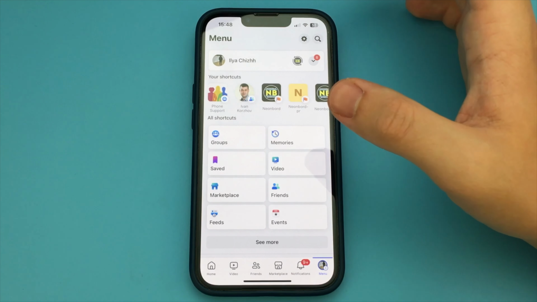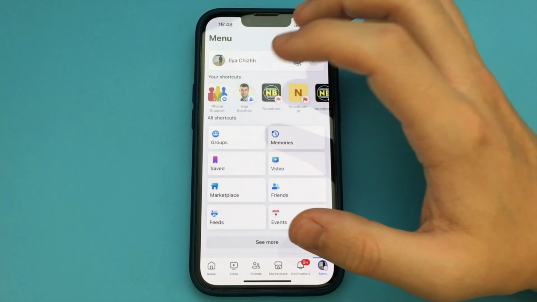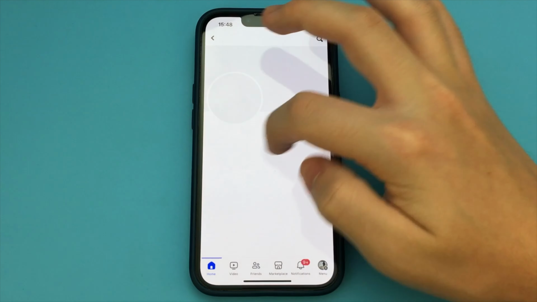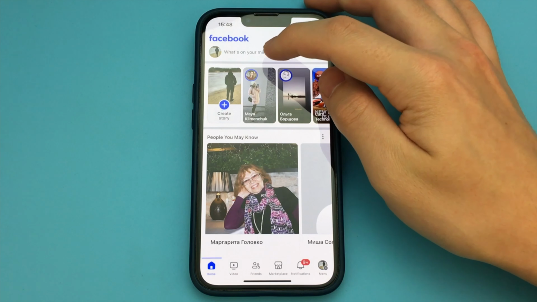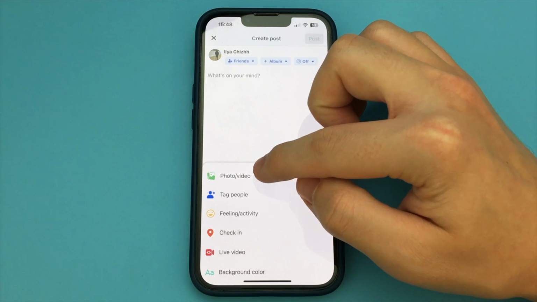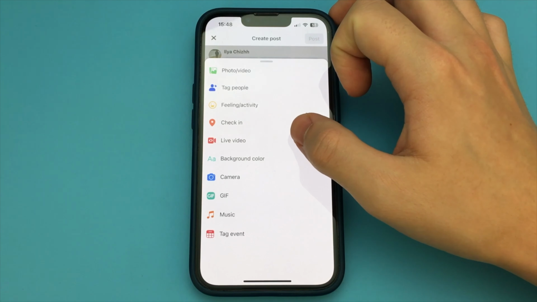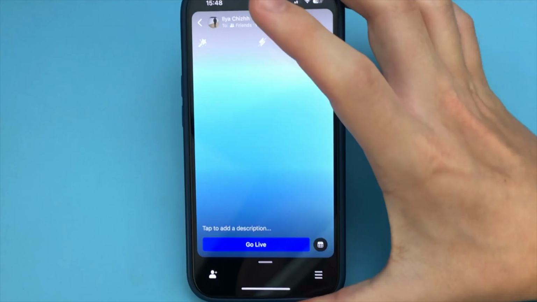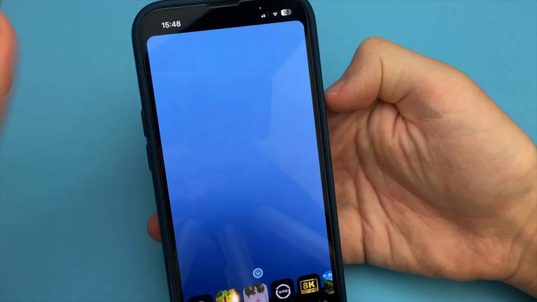In this video, I want to show and tell you how to live stream on Facebook to your subscribers or other people. To do this, you go into the app, and you press the home button. Then you click on the line, What's on your mind? Now here you can select Live Video. Now you have this thing that launches with the help of which you can start a live Facebook broadcast. Here you can customize this feature in detail and also customize who will see this live broadcast. As you can see, this is a very easy and quick way to do it. Done. There's nothing complicated at all.